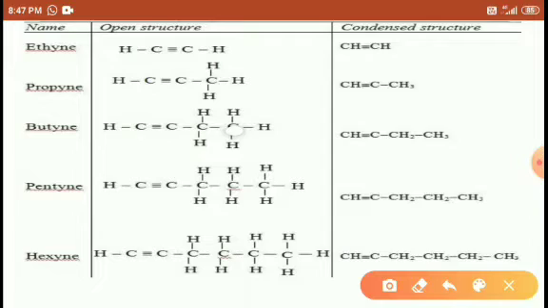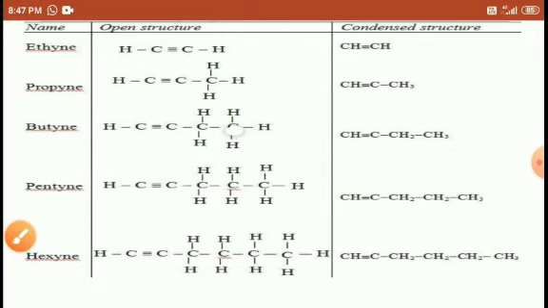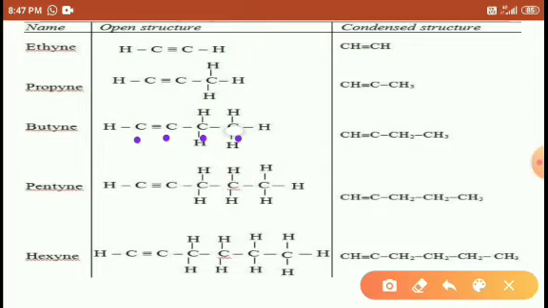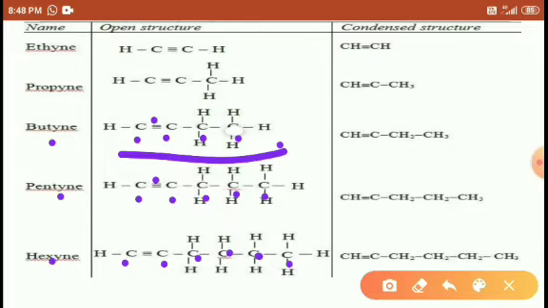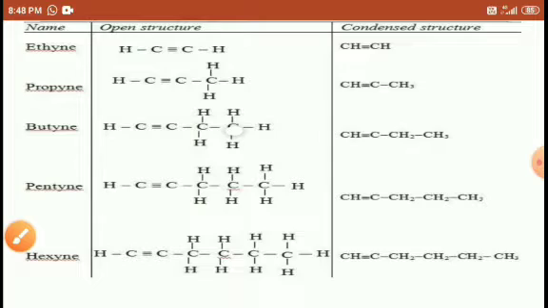So look here, the double bond between the two carbons, 1, 2, 3. In this compound a triple bond is present, so 3 carbons we call prop, and the triple bond is yne. And students, the 1, 2, 3, 4 carbon compound that contains a triple bond here is butyne. 1, 2, 3, 4, 5 carbons, in between them a triple bond is present here, so it is pentyne. 1, 2, 3, 4, 5, 6 carbons, that is called hex, and between them a triple bond is present, yne, that is hexyne. Right, students?